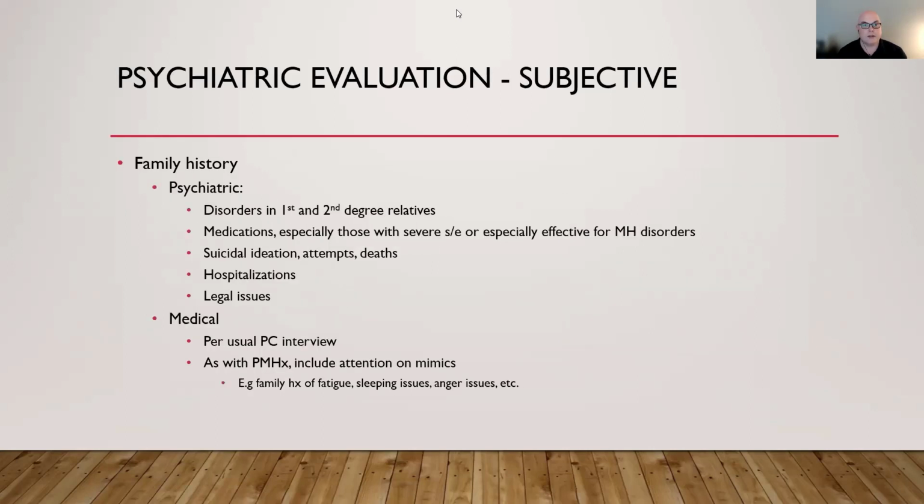So still continuing with the subjective, we're looking at the family history. Again, just like the medical, you want to do a family psychiatric history specifically. The disorders in their first and second degree relatives, so their parents, their siblings, their grandparents, their children, if they have children. Any history of medications being taken by their family, if they know the medications, at least the class of them. It's very difficult for us to